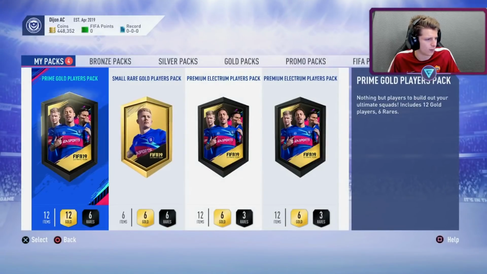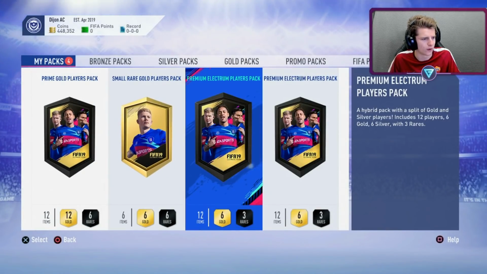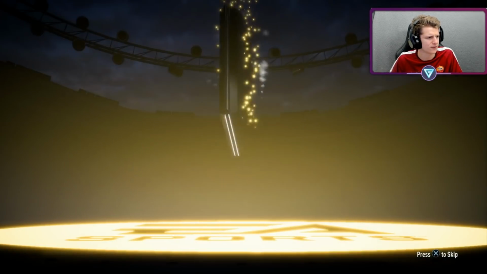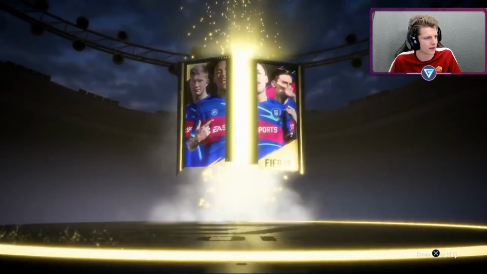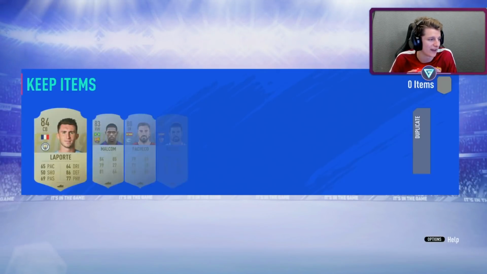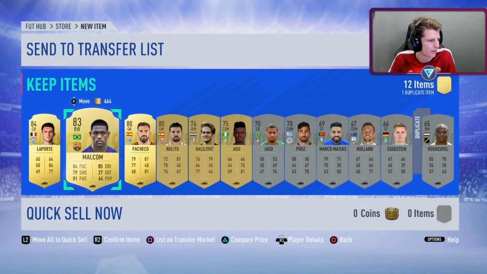Second pack, we won't do the Prime one. We'll go and do one of these premium Electrum ones. These were both about 5-6k, one from Fiorentina, one from Sassuolo, I think it was, something like that. Hey, a walkout in the first one. It's going to be a gold. It's going to be a French centre-back, Kimpembe. Oh! Laporte! Pog Champion. We're going to get about 10k from Laporte,